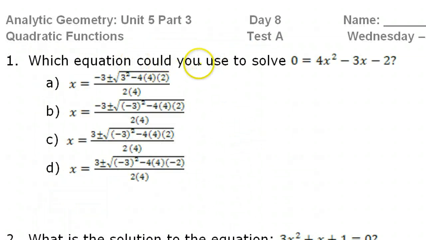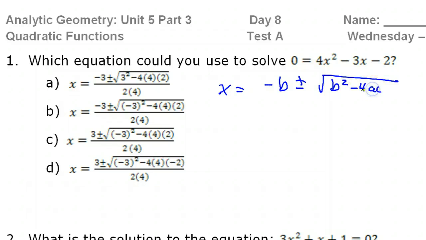Alright, which equation could we use to solve 0 equals 4x squared minus 3x minus 2? Obviously, we're talking about the quadratic formula here, and the quadratic formula says that x equals the opposite of b plus or minus the square root of b squared minus 4ac all over 2a. So this is pretty straightforward, since here we see that a is 4, b is negative 3, and c is